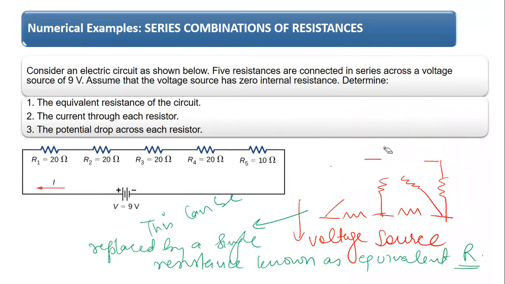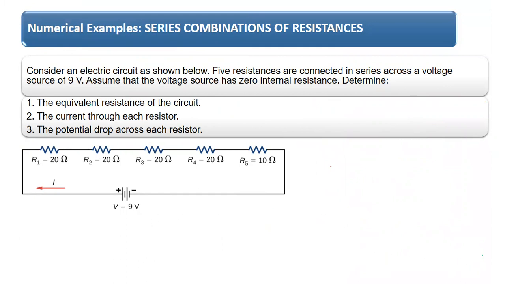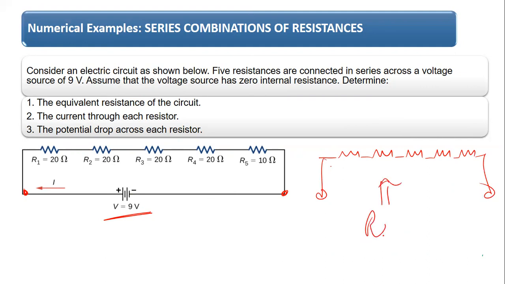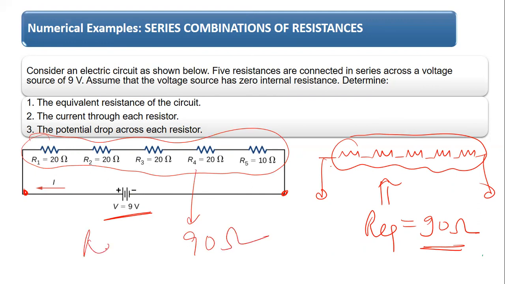So in this case, the equivalent resistance is the sum of all the resistances which are connected in series in this particular circuit across the input terminals. Now, which two terminals are the input terminals? These two terminals are the input terminals where your battery is connected. So that means you will replace all these five resistances with a single resistance which is called equivalent resistance, and in this case the sum of all these resistances is equal to 90 ohms. So R equivalent is 90 ohm,